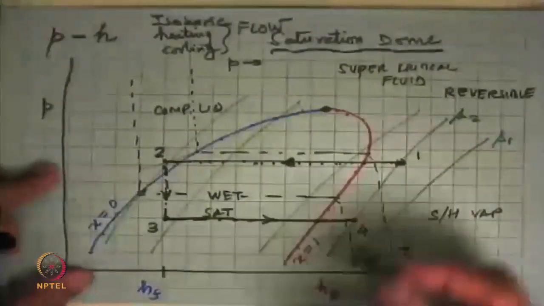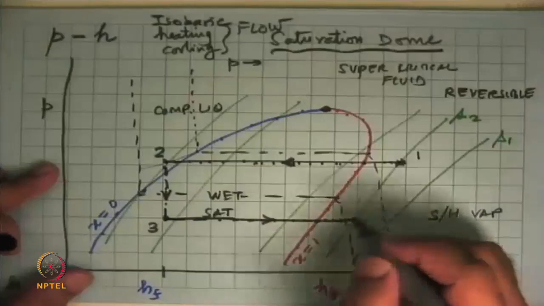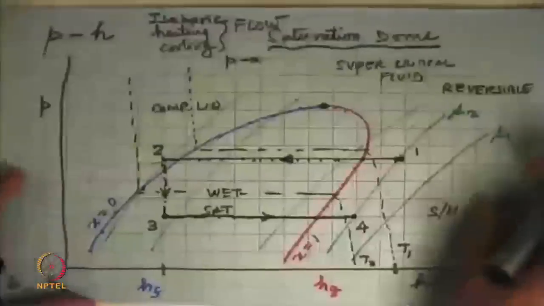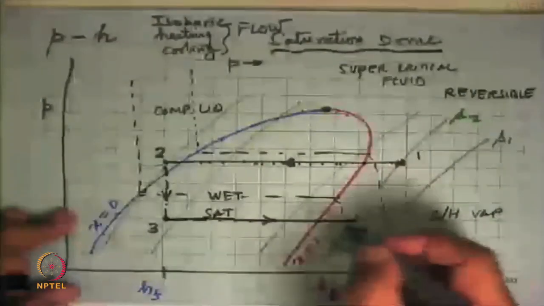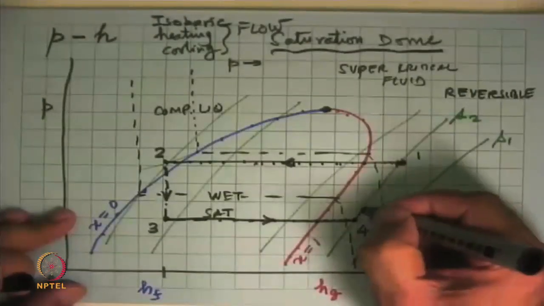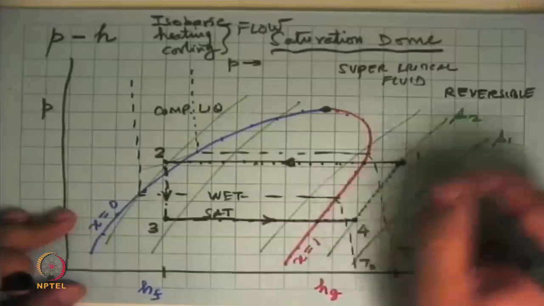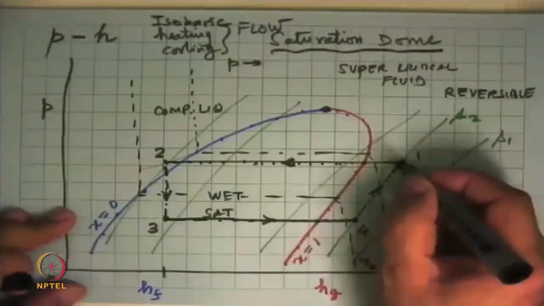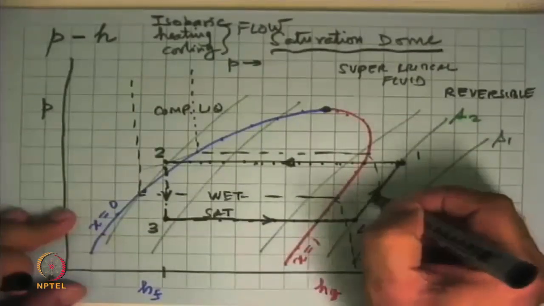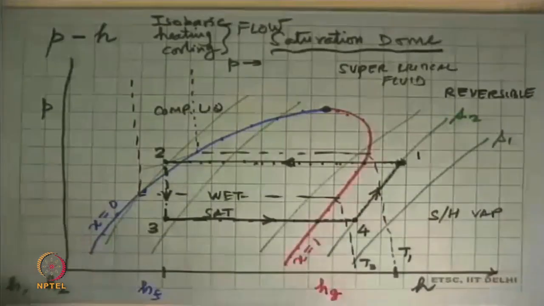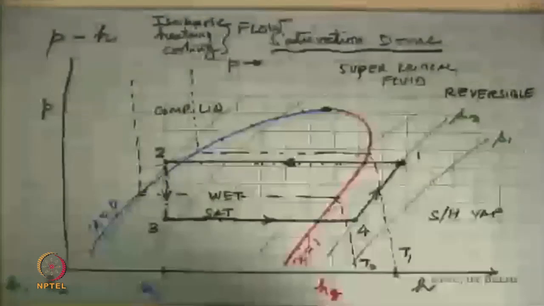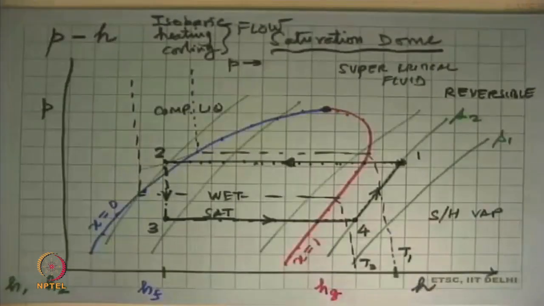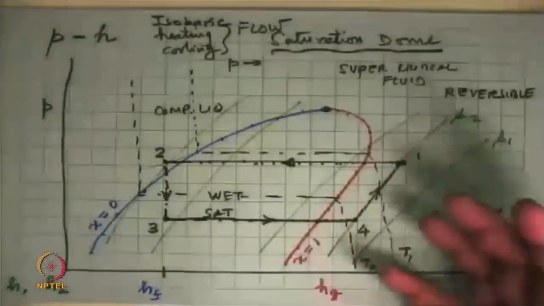refrigeration cycle, at this point it enters the compressor. If we assume that the compression process is reversible adiabatic, it means that it is an isentropic process, so the process inside the compressor will go along a constant entropy line. This will again have to be a solid line, and that is our compression process. And so very nicely, we are able to visualize what this diagram looks like. And also, we can even get quantifiable data.